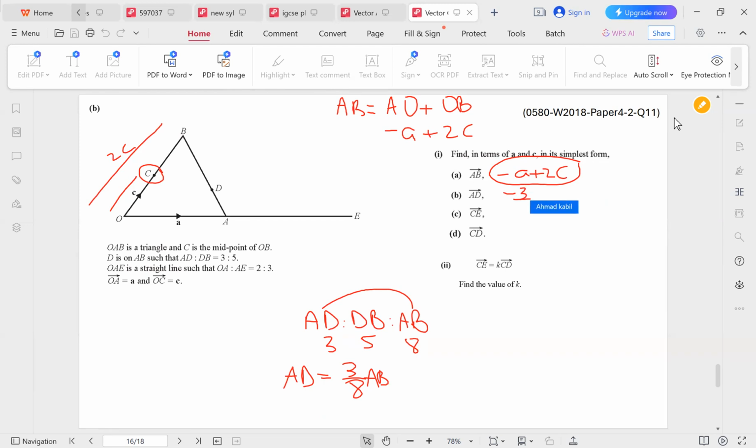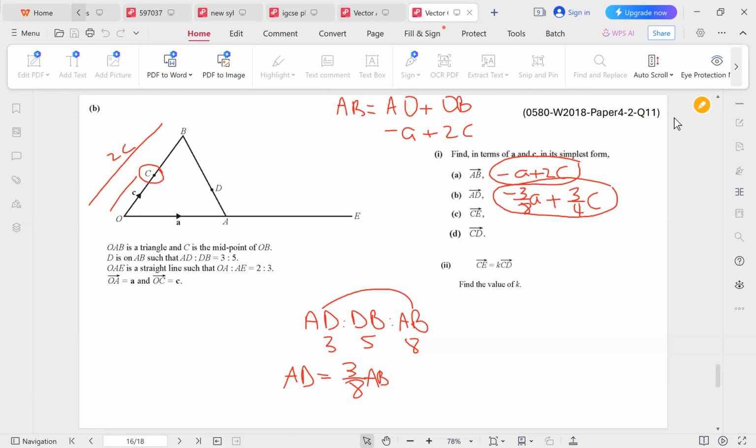We get negative 3 over 8 A plus 3 over 8 times 2, which is 3 over 4 C. I just multiplied the previous answer by 3 over 8. Next, we want to find CE. So to get CE, I'm going to use